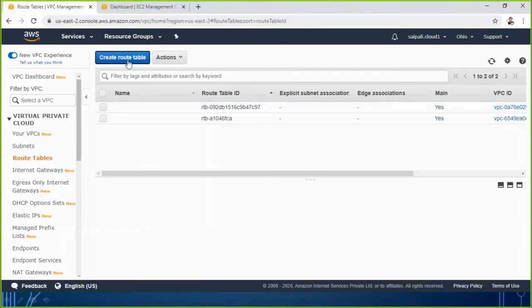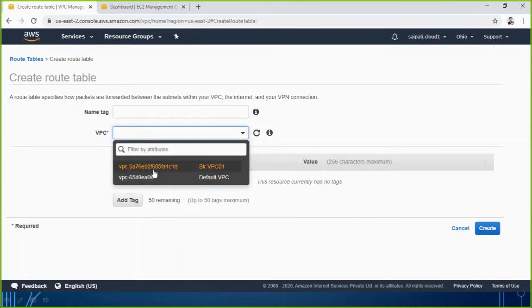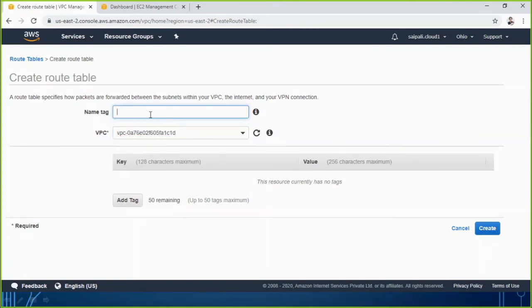Let's create a new route table. So I go to create route table. Give any name to this. And then you are going to choose for which particular VPC you are creating this route table. So I'm giving maybe route table 01. I have to add it here like this, and then I click on create.